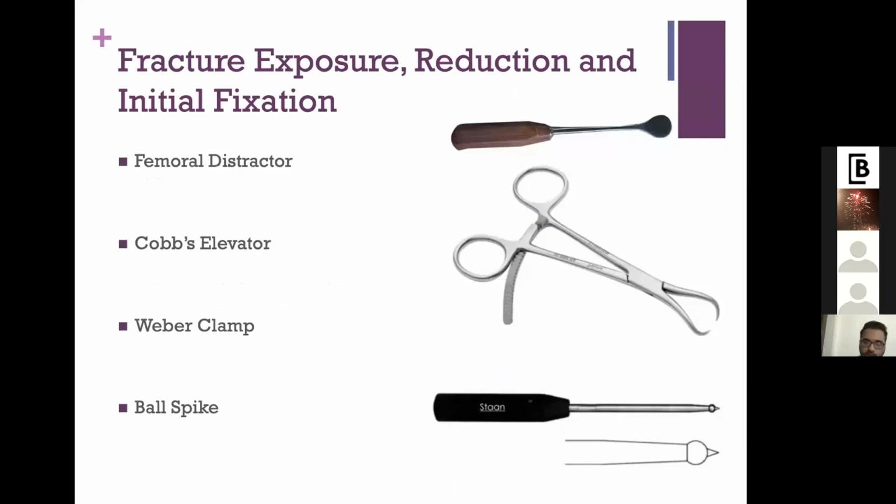Once you do an approach and go into the fracture, the most important thing is to expose the fracture, have a good reduction, then do a definitive fixation. So I like to have these kinds of instruments in my armamentarium for fracture reduction and fixation. I love this Cobb's retractor and definitely the Weber's clamp. Everyone needs it. And a ball spike, which is very much necessary when you are buttressing an anterior or posterior fragment, and then put in a temporary fixation using a K wire.